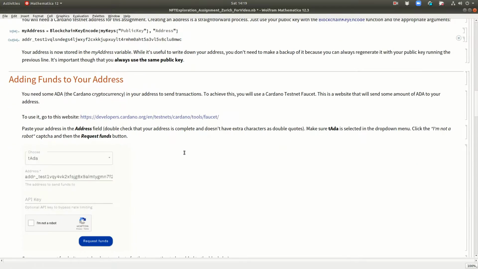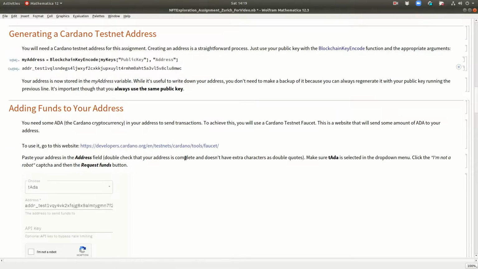Alright, so now we need to add funds to your address. For that, we will use what is called a testnet faucet. A testnet faucet is a website that will send some amount of ADA, that's the cryptocurrency Cardano uses, to your address. So just click here to go to